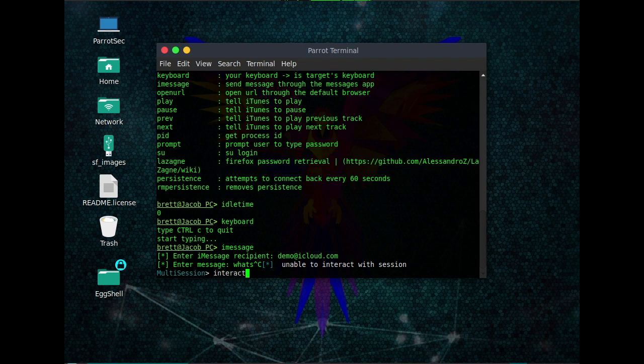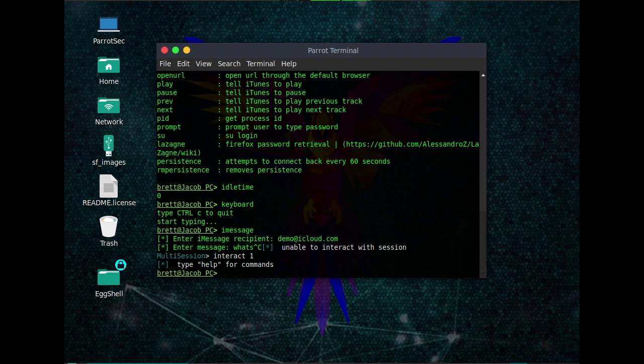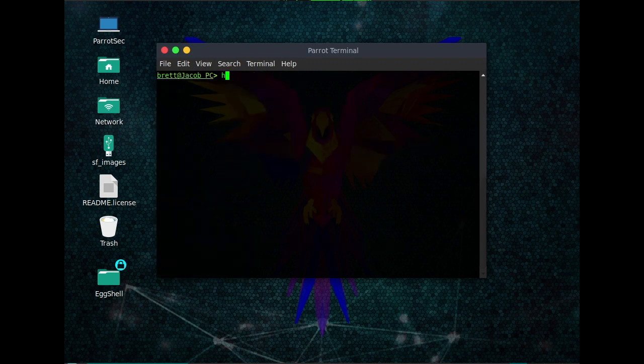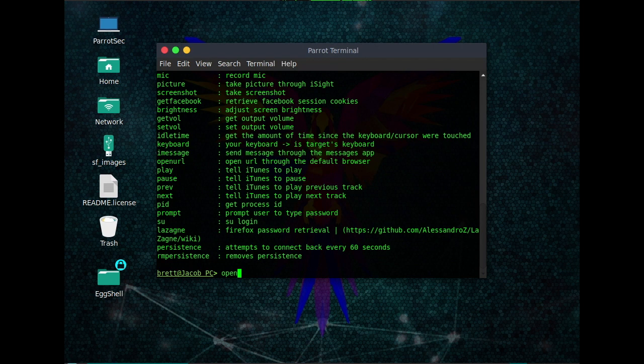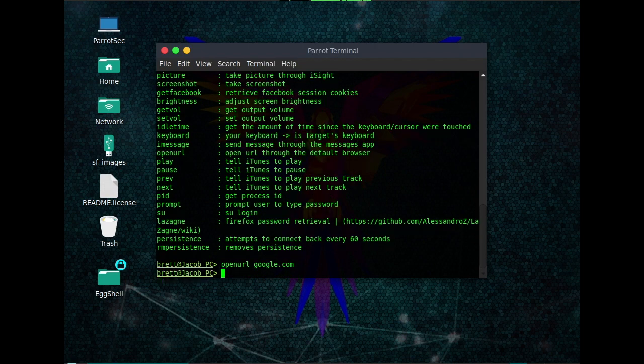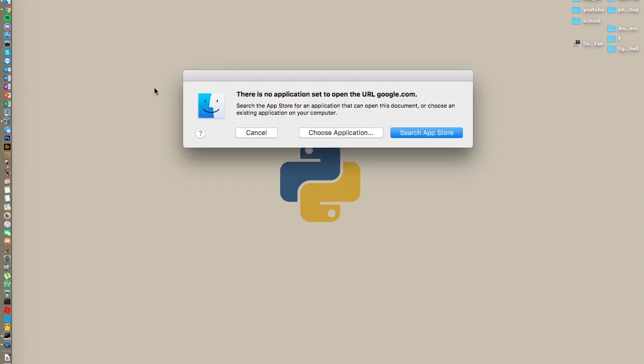So let me get back in the session really quick, and I can go and do open URL, which I think is really cool for the malicious. So you had the malicious IP address that had the malicious file on there, or you just had a phishing website or just something like that. You can go open URL. You have to go HTTP and then 172 dot whatever you made your malicious link as, or you can just go mess with them and go open URL, and I'll go just for demonstration google.com, and over here you can see that it'll, whoops, oh